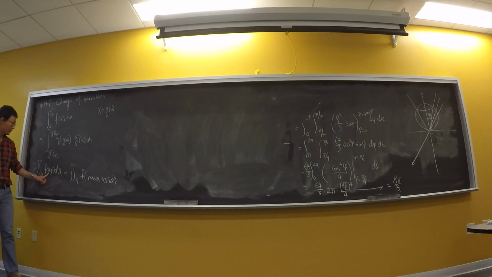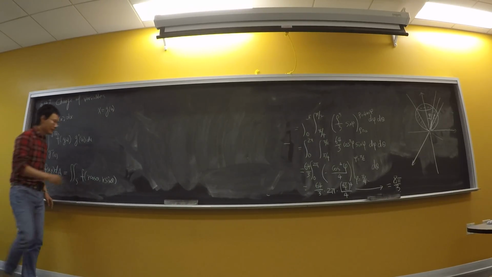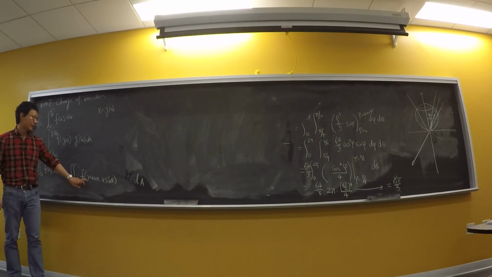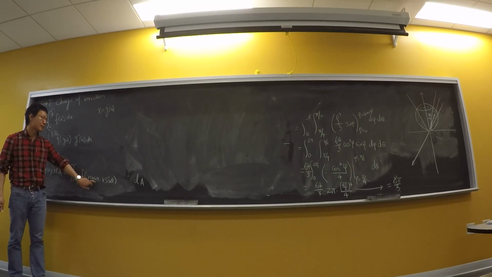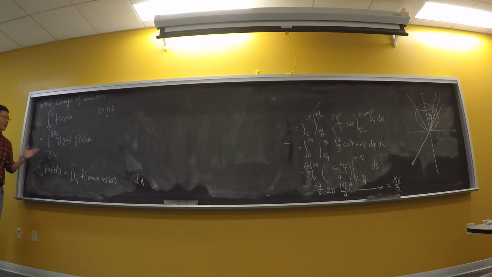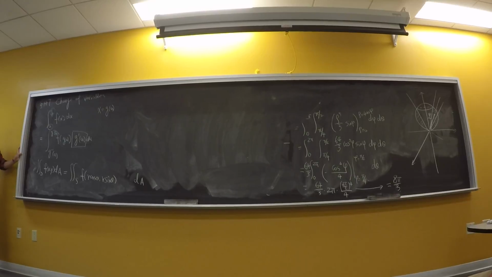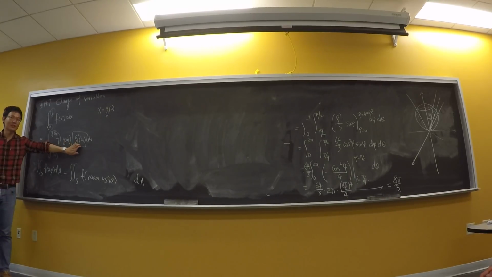So I have to change x to r cosine theta, y to r sine theta. And then I also have dA, which is the integrating element with respect to r and theta. But if you compare what happens in the single variable case, you have this one extra factor of the derivative of the changing function. All right? This is the additional factor when you change the variables. So in the double integrals, when we change from xy to r and theta, we have this